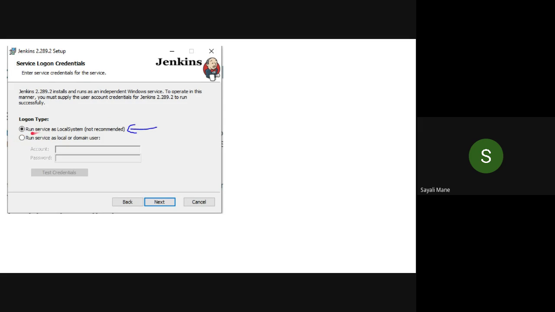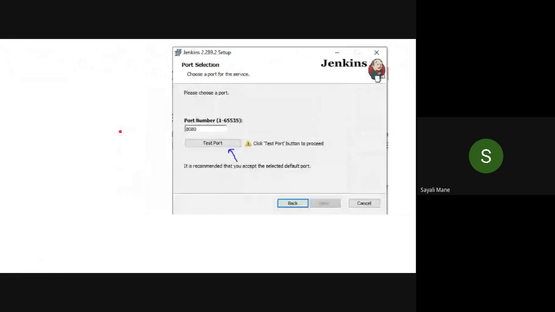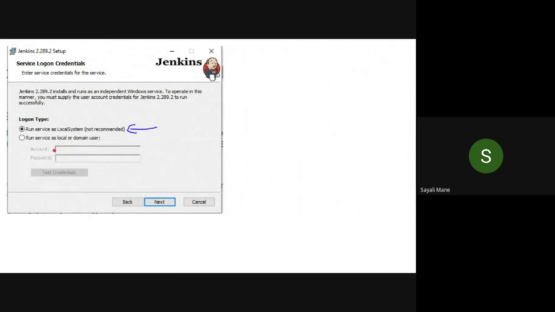Now see here, "Run service as local system" is there. Please don't choose the other option, because it clearly says not recommended. Just wait a minute. So click on this and click on the next button.